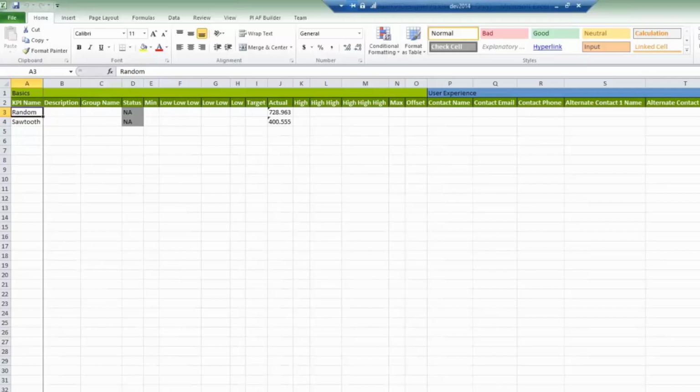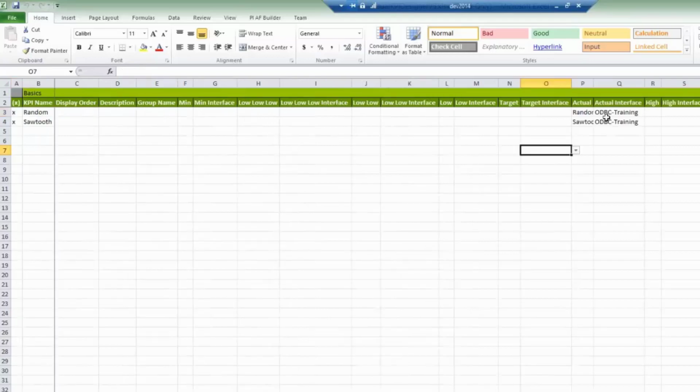So what's happening in the background is I'm going to the server and I'm saying, hey, for this interface called ODBC training, here are the values I need. I need a current value for random and a current value for sawtooth. So now go in and parse those queries, string replace the parameters with random and sawtooth, and give me back the data. And if I put those into a group, like we'll stick them on the home group,